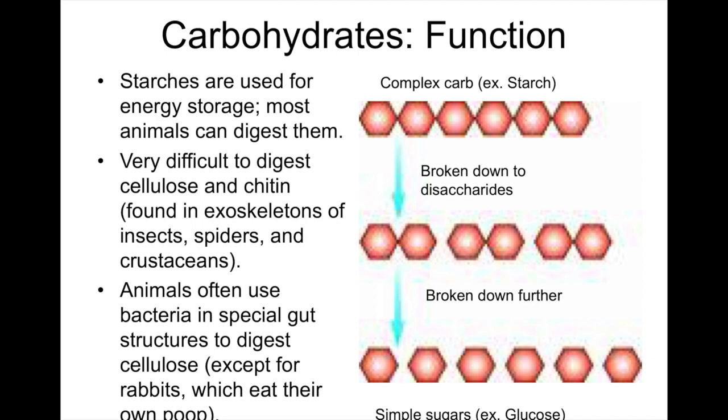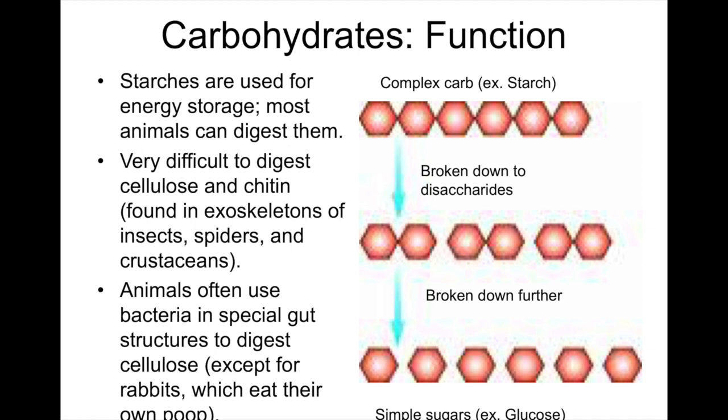They'll get that food, that grass, into the first chamber, and then they will pull it back up into their mouth and chew it a second time so that it goes all the way through. Horses don't need to chew their food a second time, but they chew it very extensively the first time. They have very, very good teeth for chewing. Then it goes back to the rear part of their gut where they have bacteria that will break down the